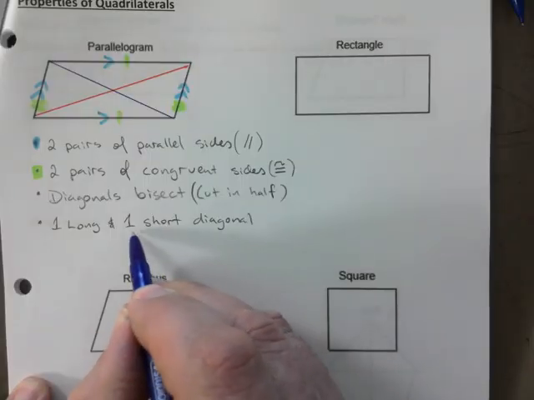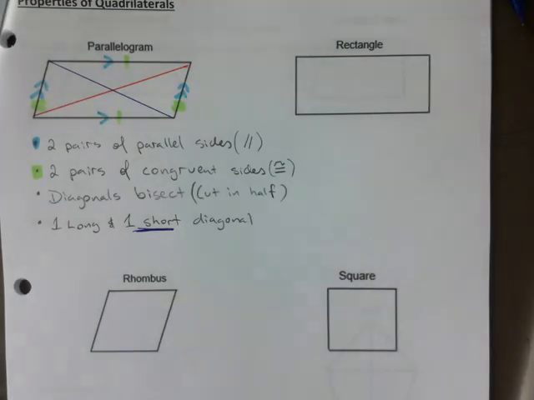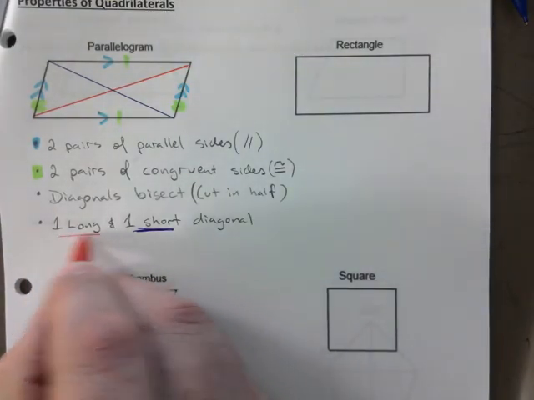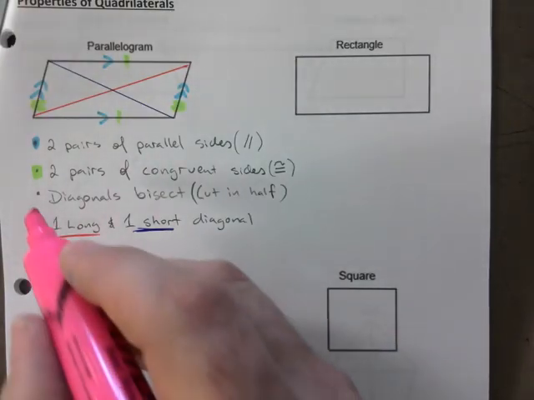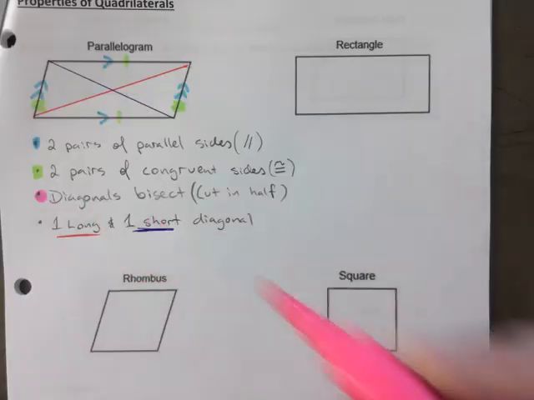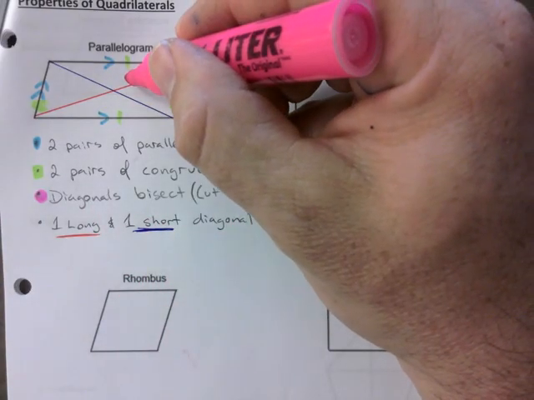So this is my short diagonal right here. And I haven't used pink yet. So the bisecting part, where they cut each other in half, you just take this and just go